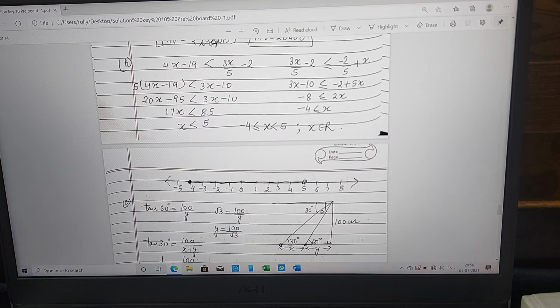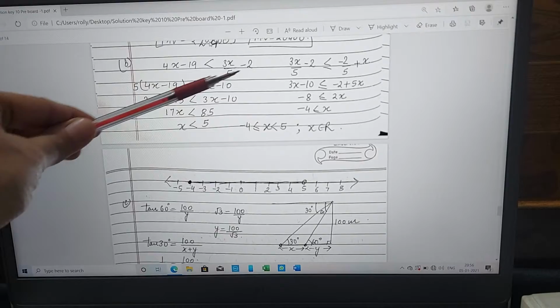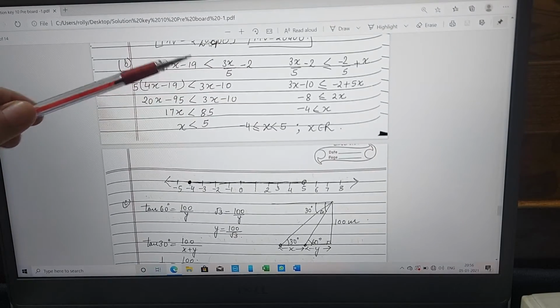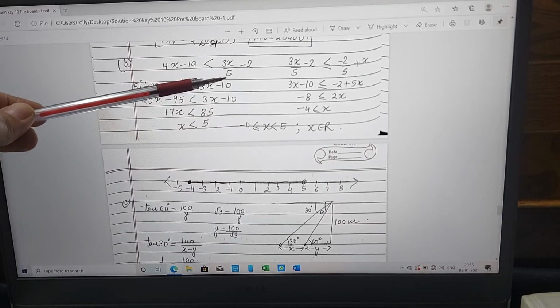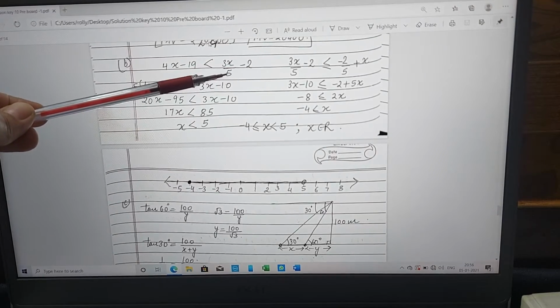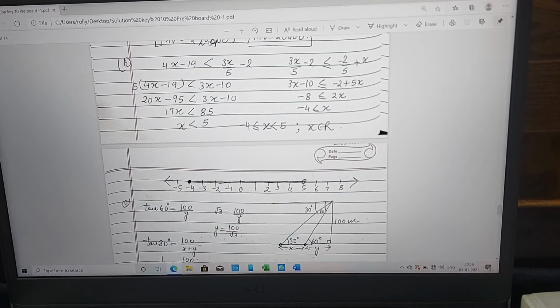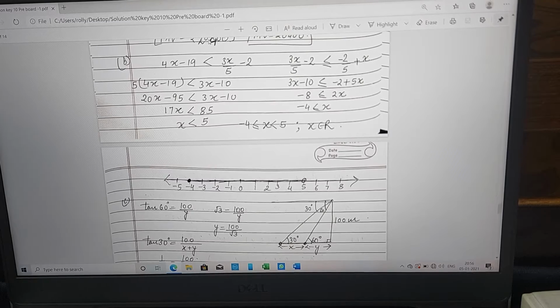In this inequality question, x will be x, because it is 3x upon 5. So either you take the LCM over here, or you can transfer to this side. Clear? Then you need not take the LCM, but later on you have to transfer 5 to the other side. So here, first of all, the LCM has been taken, so it has become minus 10, and then 5 has to be transferred to the other side. So 5 into (4x minus 19). So x is less than 5.